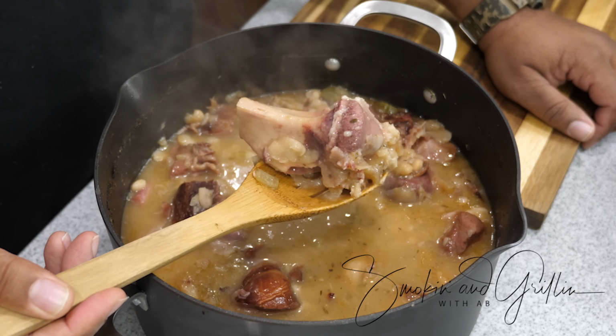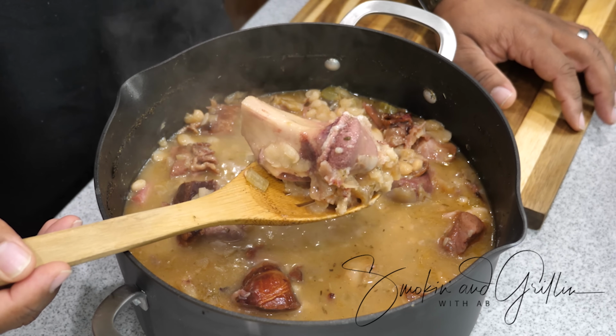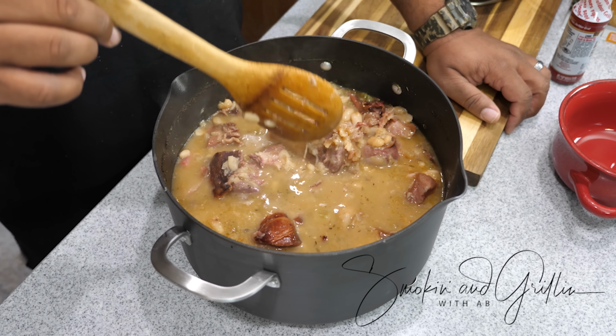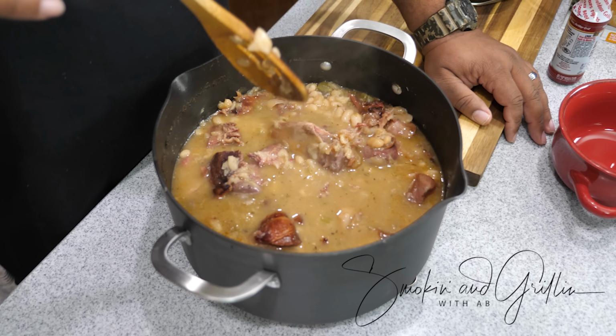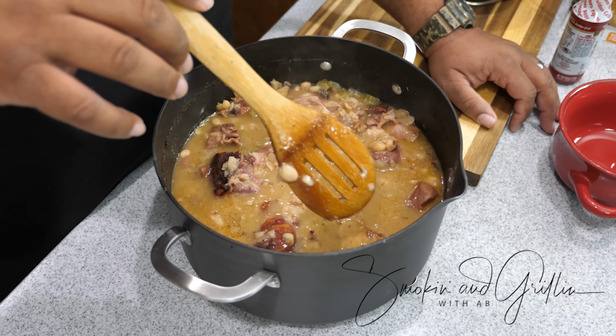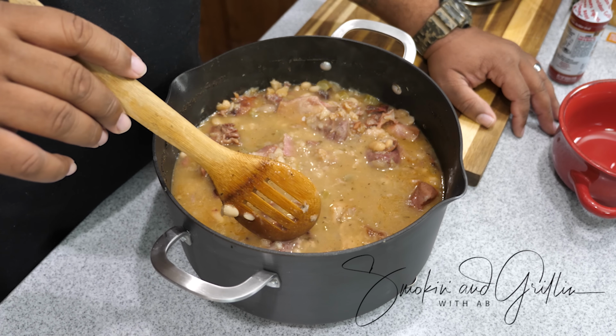Look, the meat just falls off as it's simmering. That's what that low and slow gets you right there. So you guys can see that. Now, for those of you guys that don't eat pork, you know what? You can do the exact same thing with like a smoked turkey leg. You substitute the meat. All you got to do is, instead of doing the ham, you just change that to